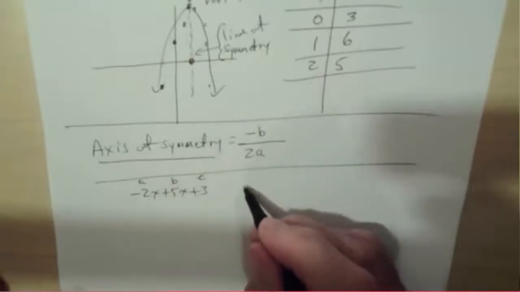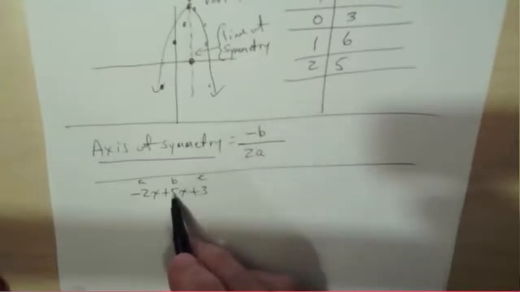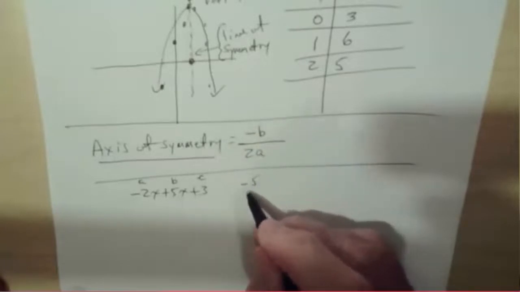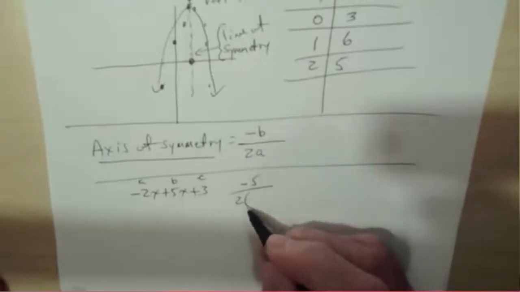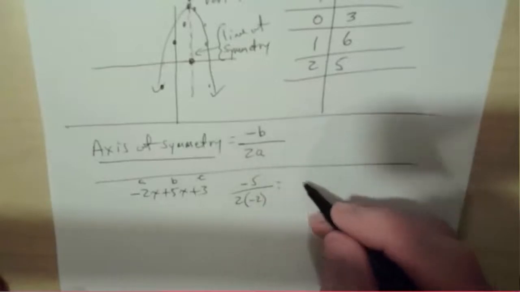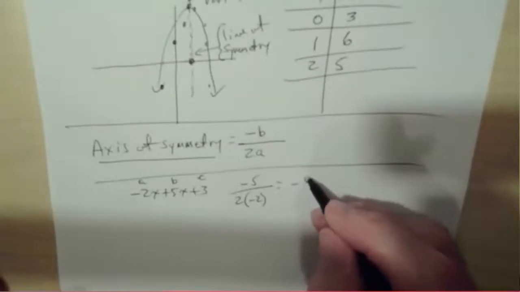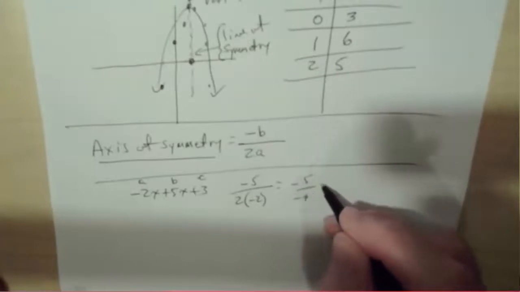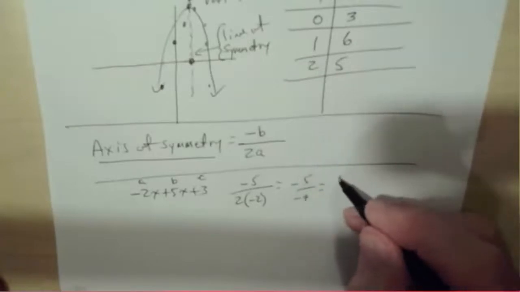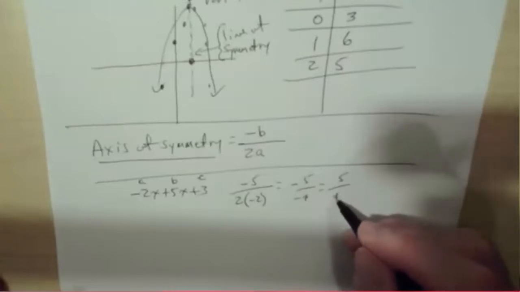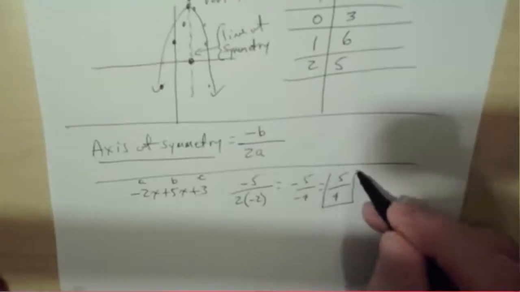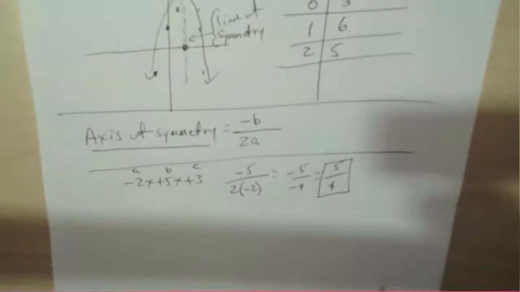So our formula is negative B, so negative 5 over 2 times negative 2, which is negative 5 over negative 4. Negative divided by a negative, so our axis of symmetry is 5 over 4. Okay. Now, in order to find the vertex,